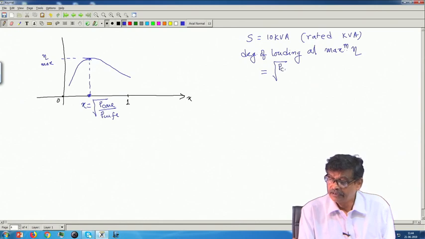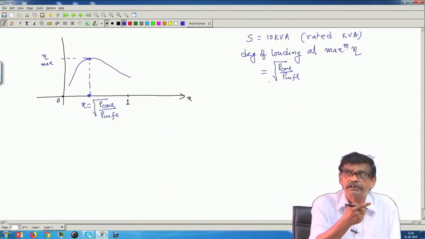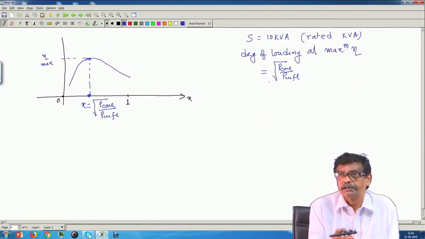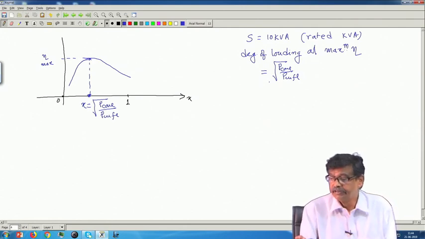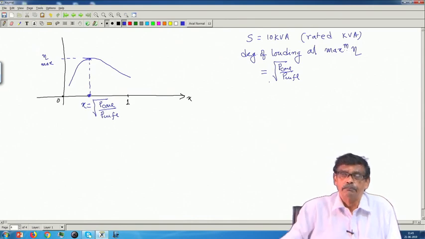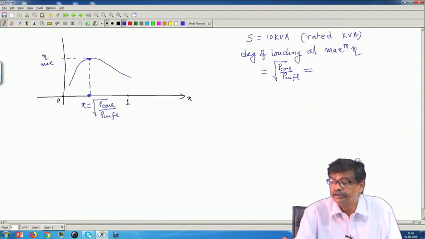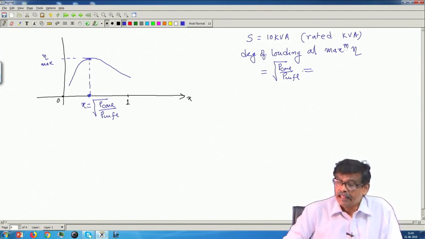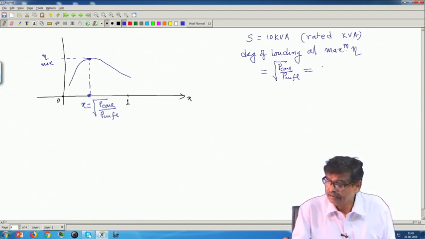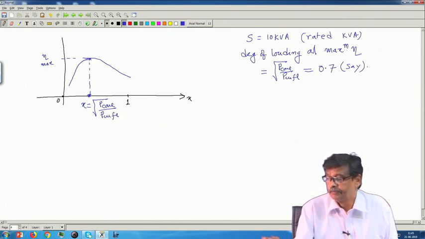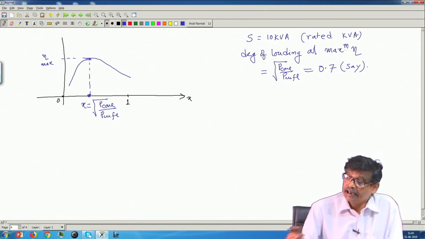You calculate from this P core by PCU full load. Do I know P core? Yes, from the open circuit test. Do I know PCU full load? Yes, from the short circuit test, wattmeter reading. Take the ratios, these are only two numbers with same dimension, take under root, and it will return you a number. Suppose this becomes 0.7,